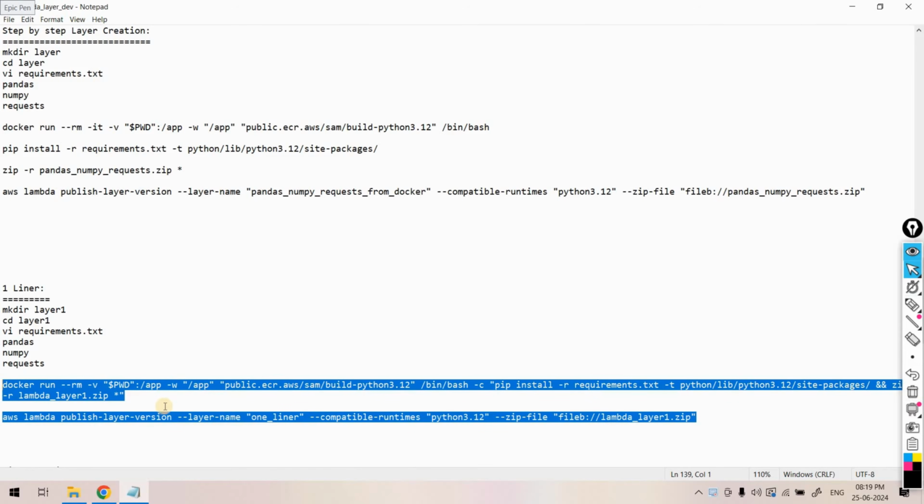Now in our host machine, at least this Docker and AWS CLI should be available. That way we can easily create the lambda layer using these two commands. But let us simplify this whole process further, how we can directly create the lambda layer from the GitHub itself. Okay, so that time we can take help of